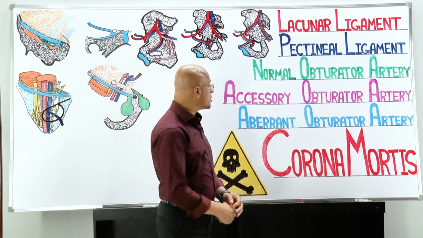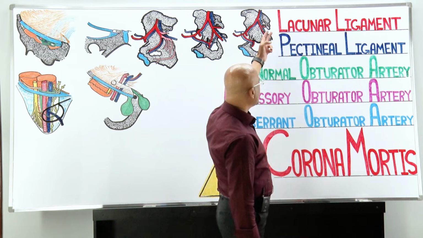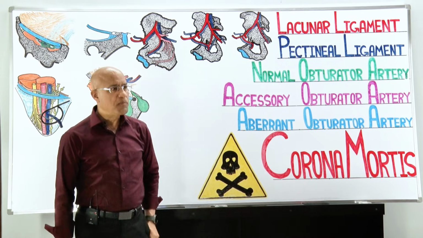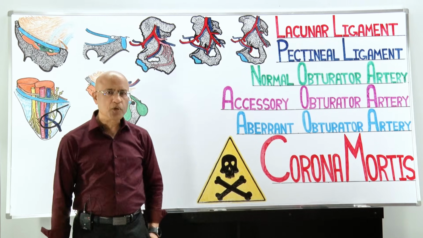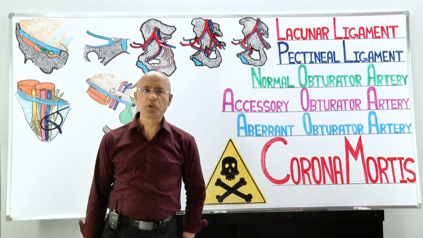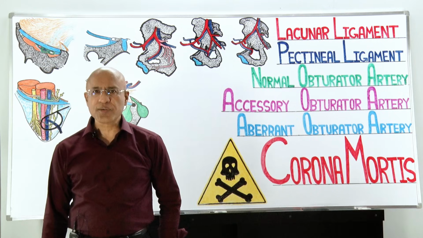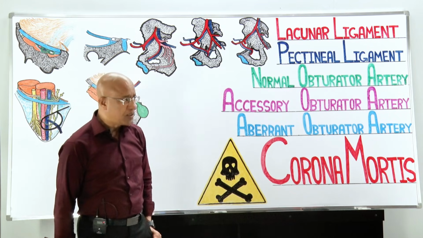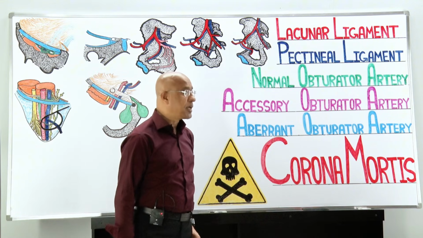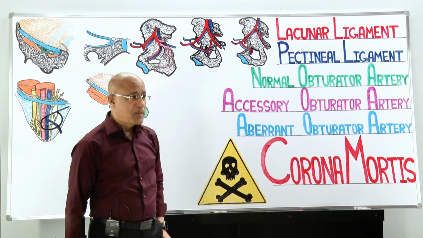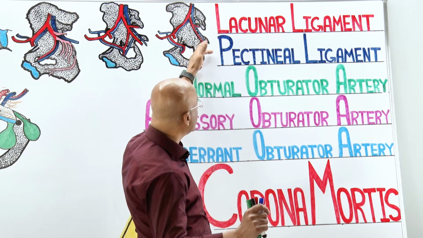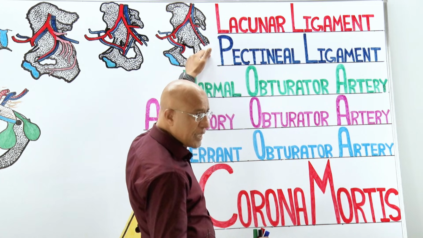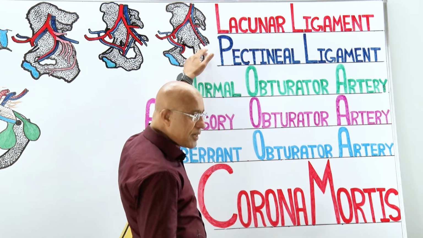So today we are going to talk about the lacunar ligament and the pectineal ligament. These two ligaments are very important in the region of the groin, and especially when we are doing surgery in the groin region for hernias or pelvic fractures, or even in some gynecological operations, right? And once we have discussed their locations, then we'll talk about the differences between them and the clinical importance, and